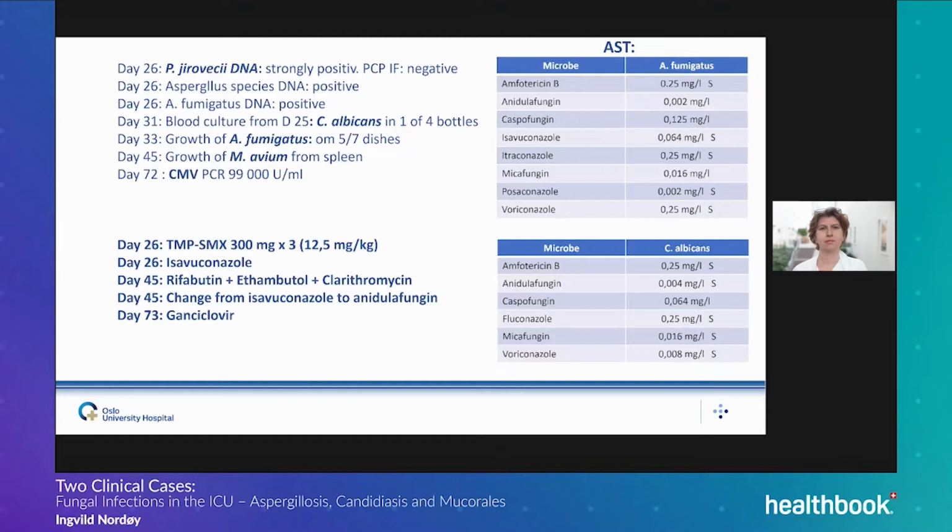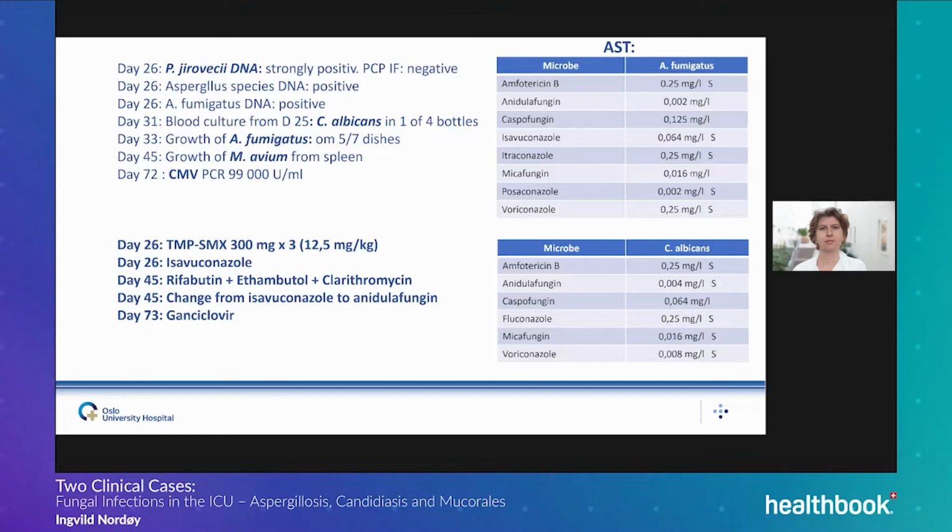So you see that her Aspergillus fumigatus, as most of these species in Norway, is really not resistant at all. We could use any azole, any amphotericin B, even echinocandin if we would like. And you see the Candida albicans is also a smooth thing, no resistance going on there. So we can actually treat how we want to.